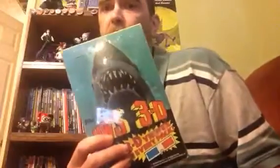Box is in great condition for being from 1984, I believe is when these are from. They might be from 1983. I'm not real sure. The only downside is that I threw away all my Jaws 3D glasses, so I can't actually view these cards, and this is sealed, so I can't open it up. So I guess I'm going to look and see whether or not I can find some actual theater Jaws 3D